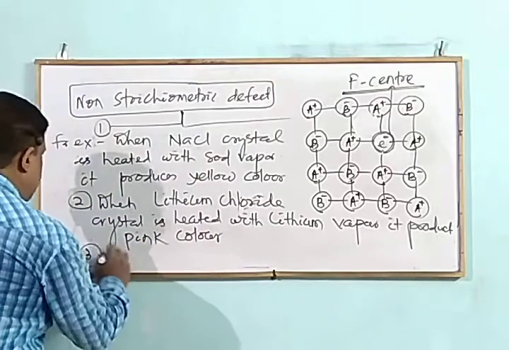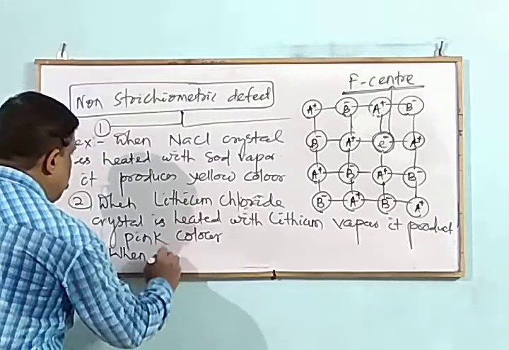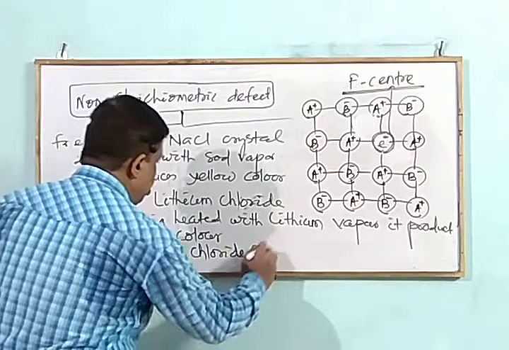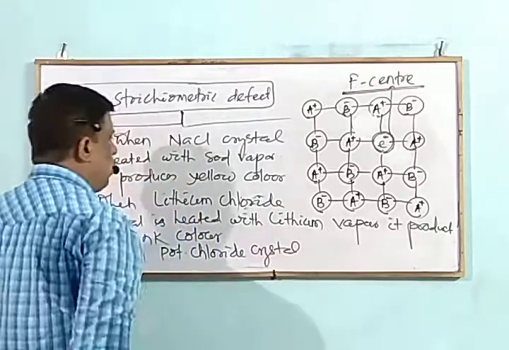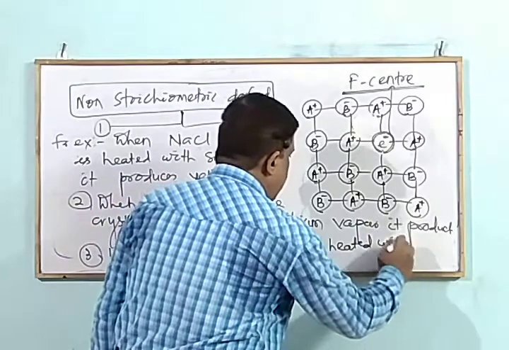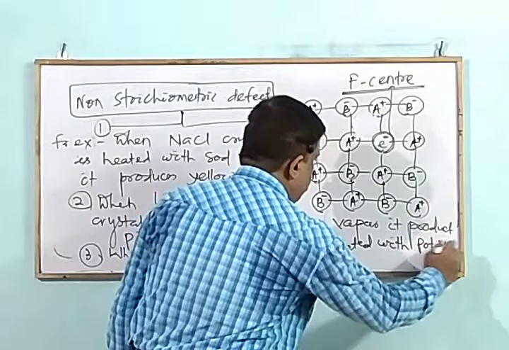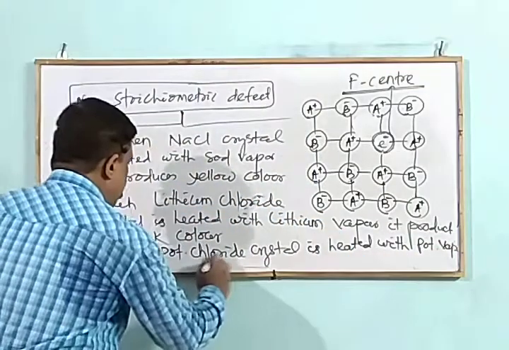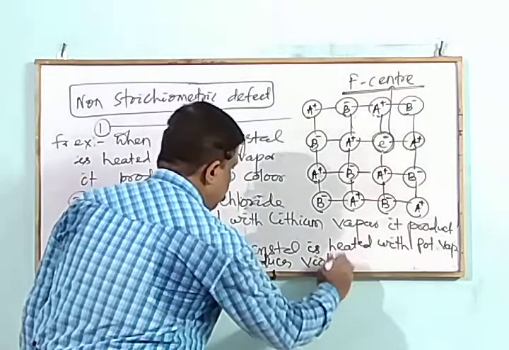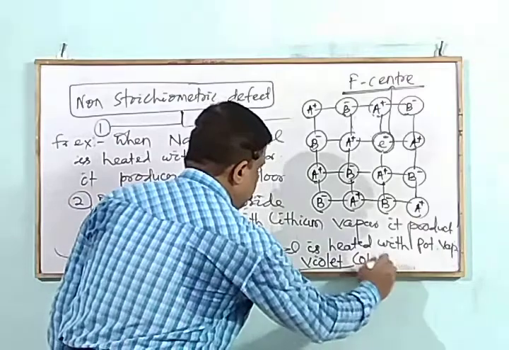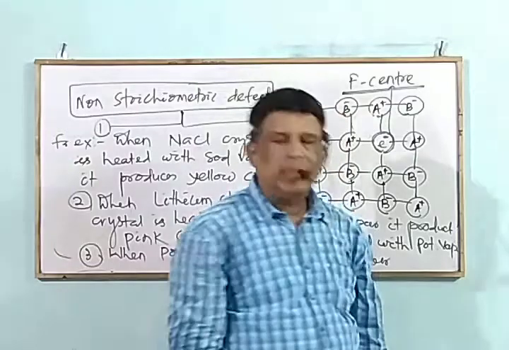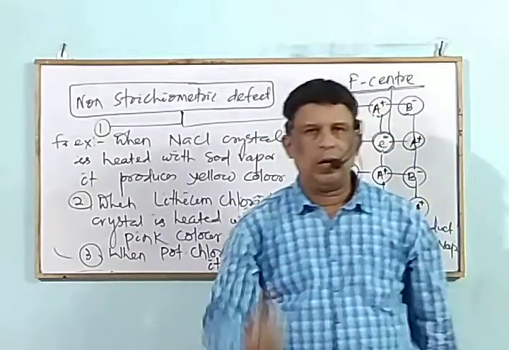Third example, when potassium chloride crystal is heated with potassium vapor, it produces violet color due to F center. Mark that this electron plays an important role for producing color, that is known as F